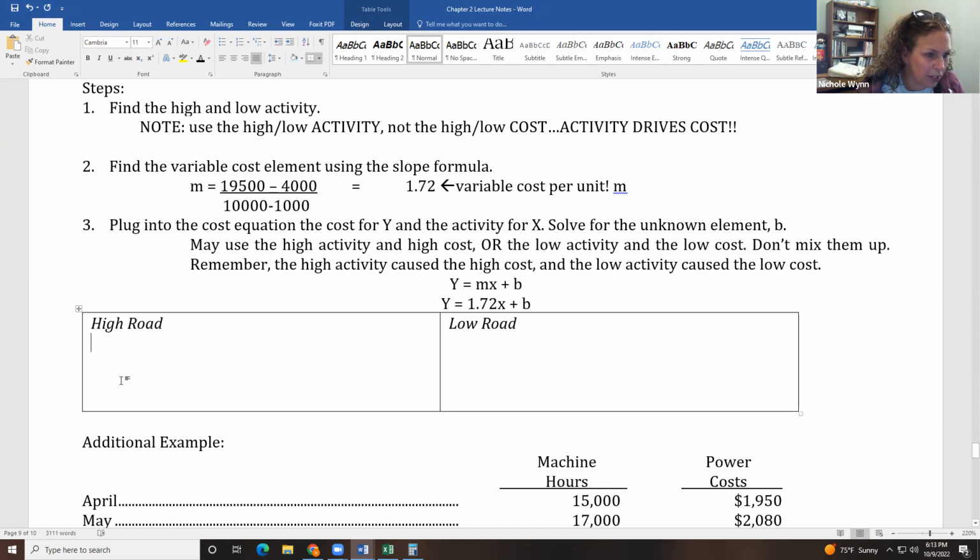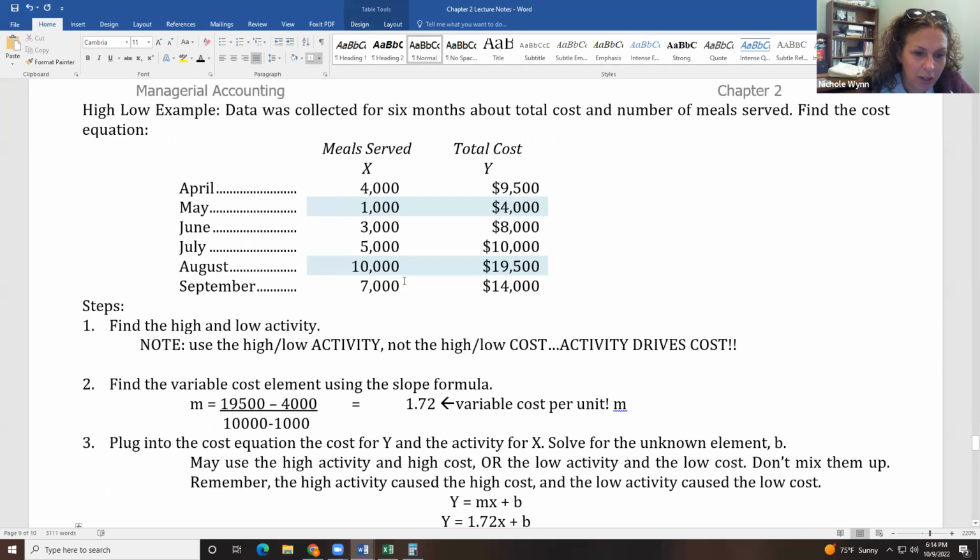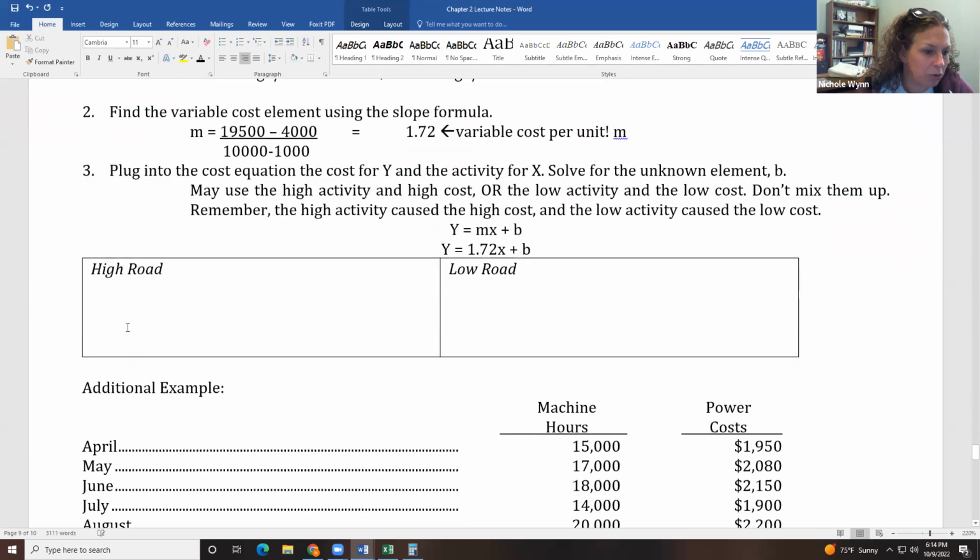So what I want to do is, if y equals mx plus b, then I know m is 1.72 because I found it. So I'm going to plug in either the low numbers or the high numbers and solve for b. So let's use the high numbers first. The high numbers are 10,000 and 19,500, and I need to know which one is y. I labeled it this time, but y is always dollars. So I'm going to use 19,500